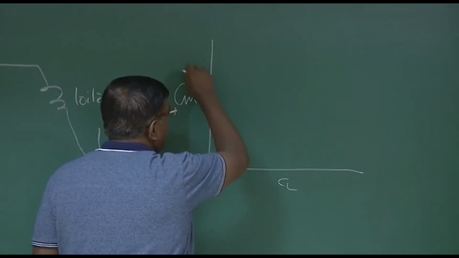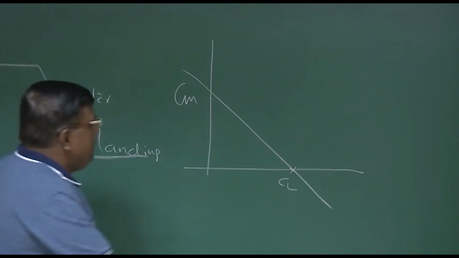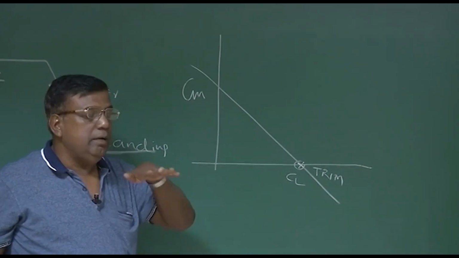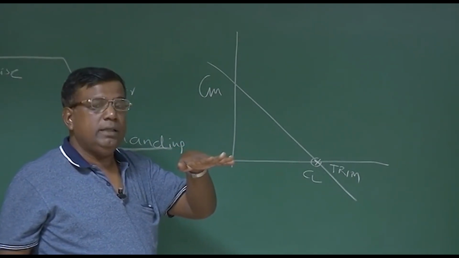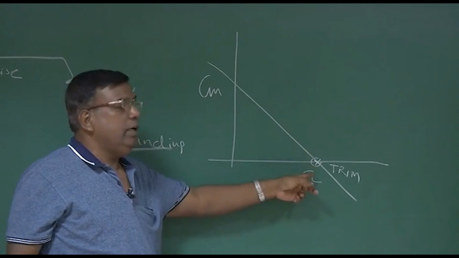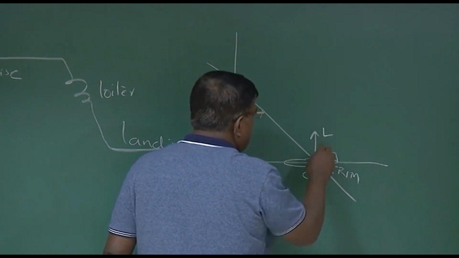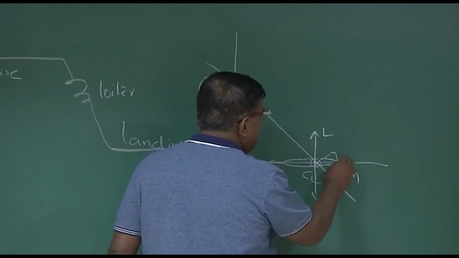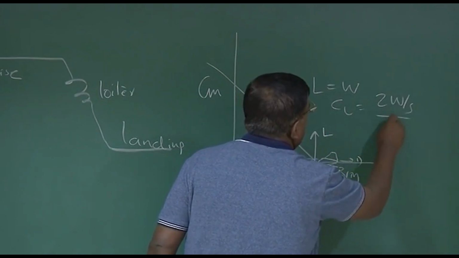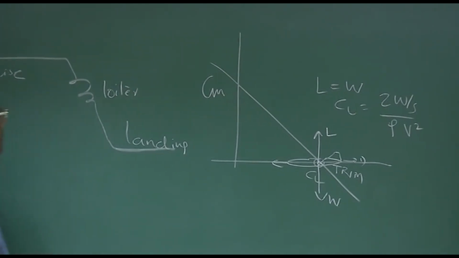stability, CM and CL. And remember, we talked about the trim point. I can trim the airplane at this CL, meaning thereby I can fly at this CL with lift equal to weight, and there is no unbalanced moment. So moment is zero, that is why CM is zero at this point. If I am concentrating on cruise, then CL corresponds to lift equal to weight, and CL is 2W by S by rho V square. That is CL. So now if I see this point,